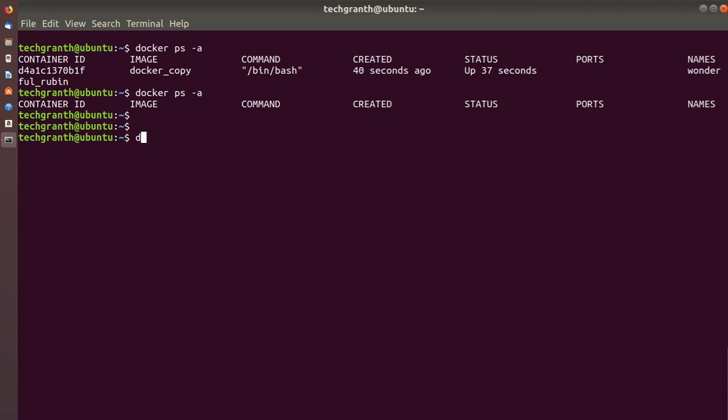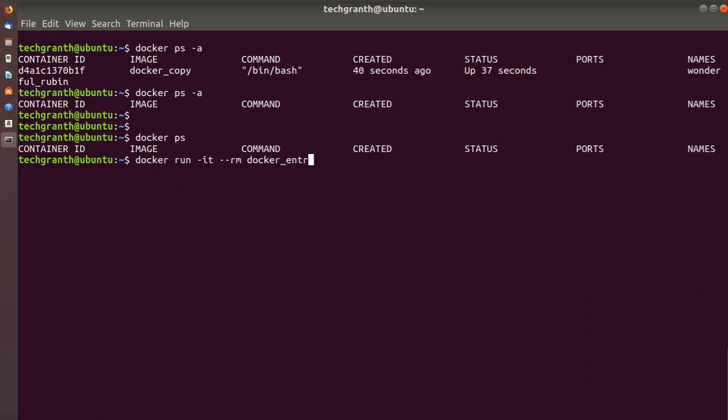Let's check first if we have any container running. We do not have any container, so docker run -it --rm docker entry point. And now, as I mentioned in the cmd instruction, we can put some commands here, but I don't think it should work for entry point.